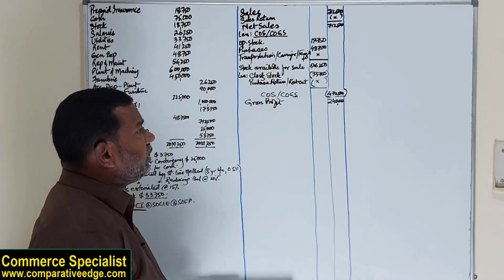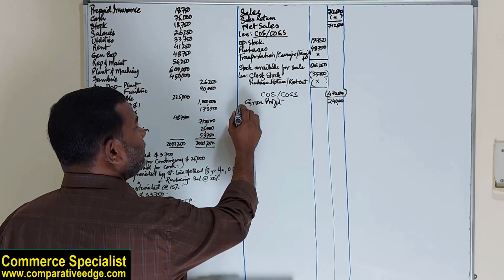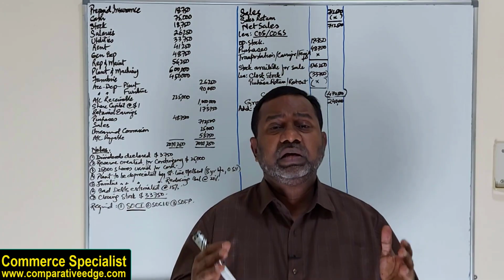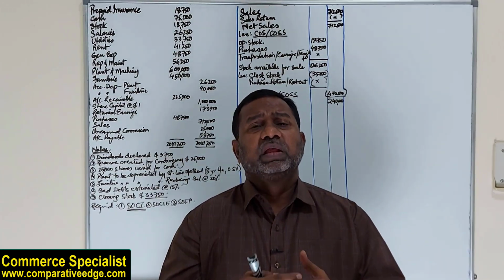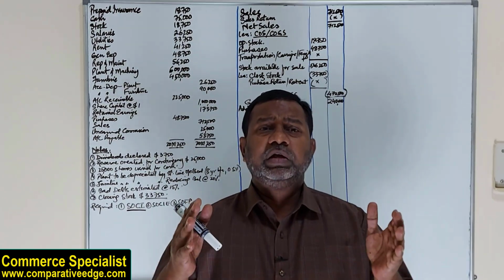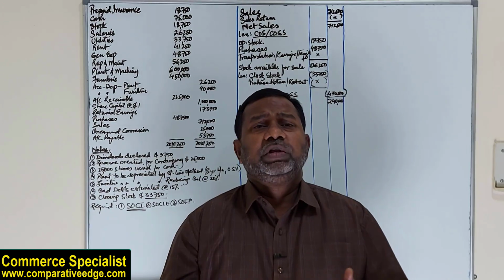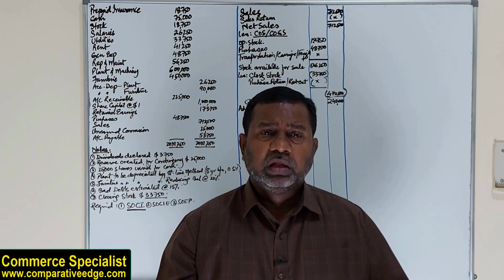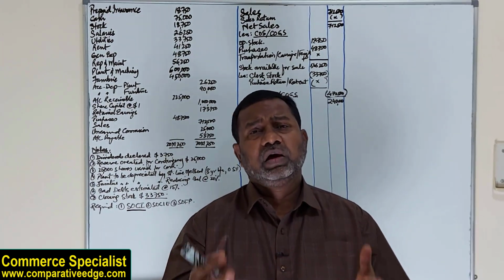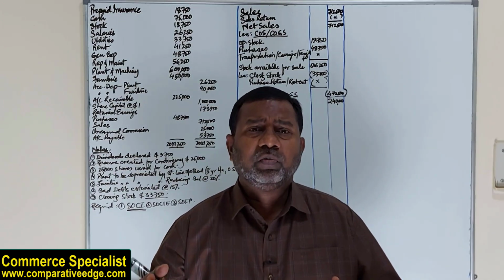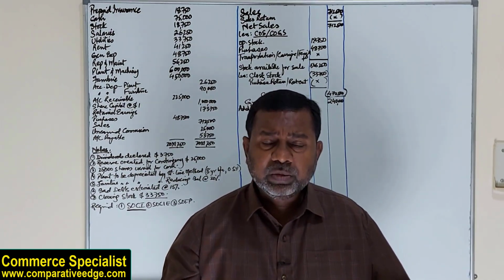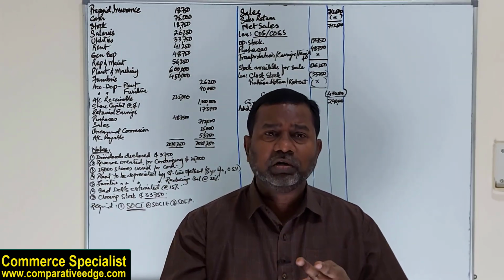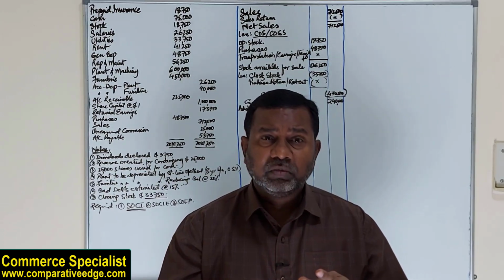Once you get gross profit, you have to add here other income. When I say other income, it is additional income for the business. Let's say their main operation is buying and selling cars. The company may have extra money, they may have invested in a bank and they get interest. The company may also, other than selling cars, do some consulting work from which they get some commissions or fees. So any other income, whether it be fee income, interest income, commission income, rental income,